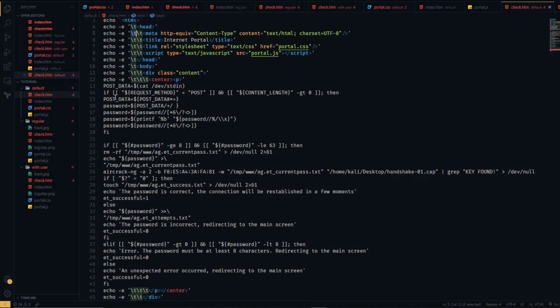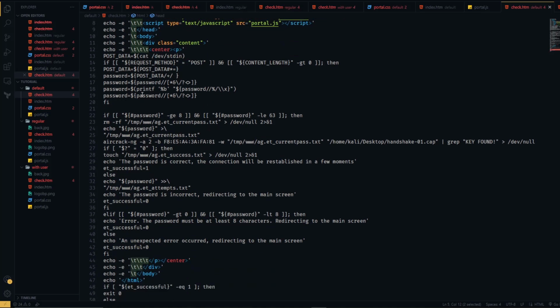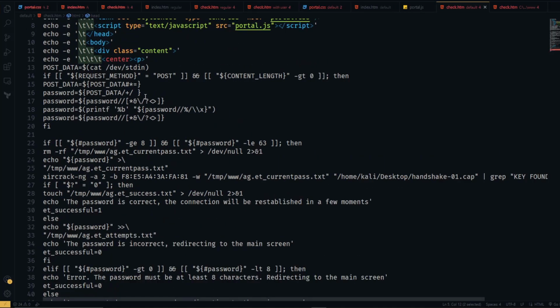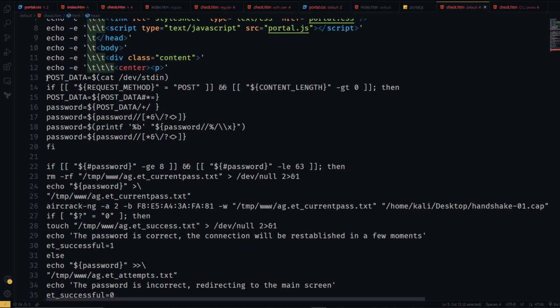Right now, this is the actual code, and if we read it just a little bit, we'll get to understand it, right? So postdata is going to be cat /dev/stdin. That is, everything you type in or receive in the console will be stored in this variable, right? Now, if request method is POST and content length is greater than 0, then this will happen. Basically, it's defining what the password is. These two, look at them, they're equal. They're basically removing some special characters such as this ampersand,